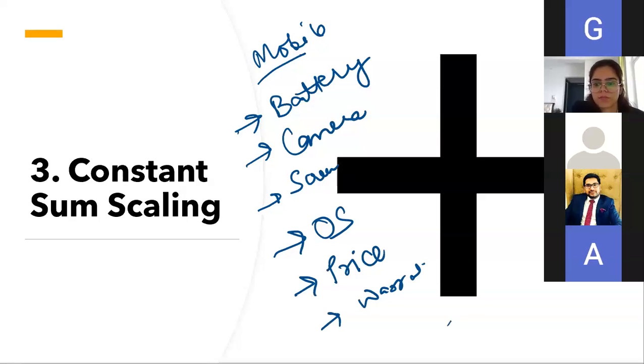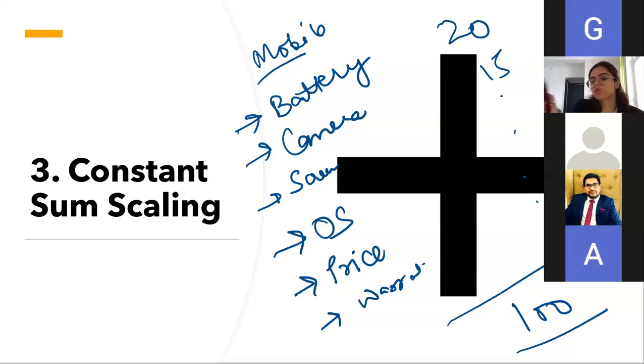if I say you have to distribute 100 points among these 7 attributes, you give, say, 20 to battery, 15 to camera, whatever. But the sum should not be less or more than 100. It should add up to 100. So you are asking the respondent to give numbers according to the importance the respondent attaches. Let's see one example, and then you will be able to understand